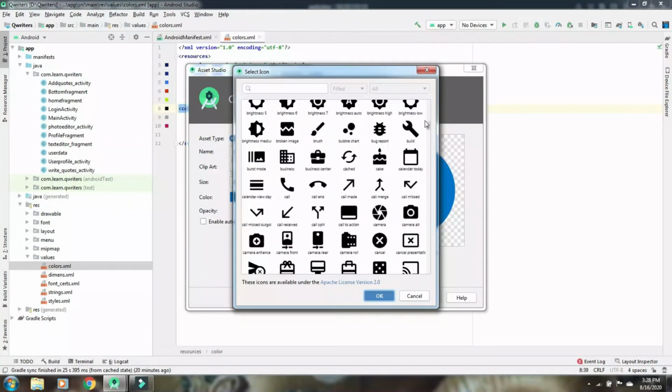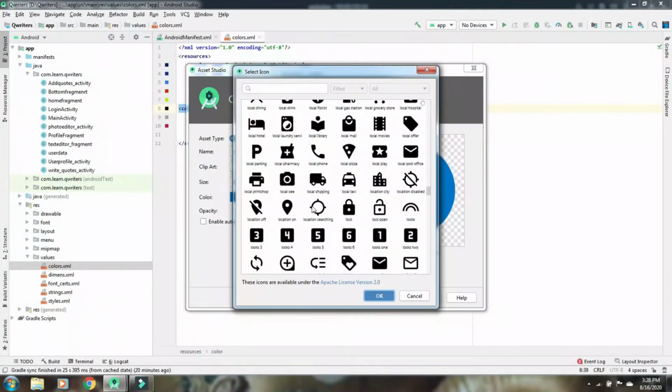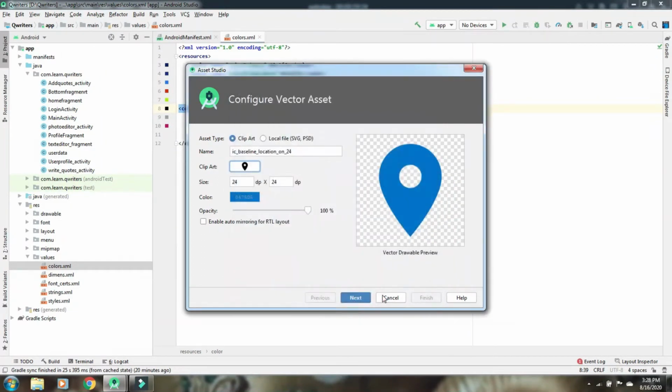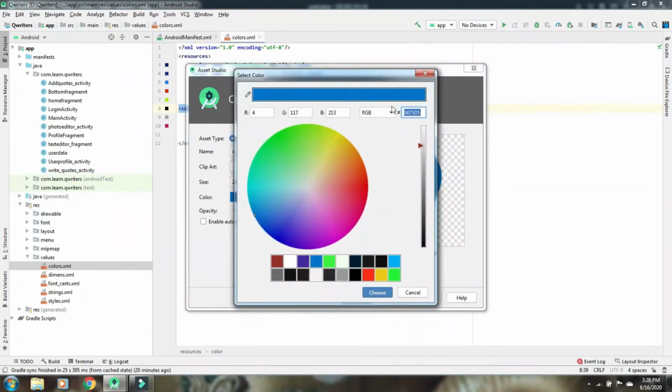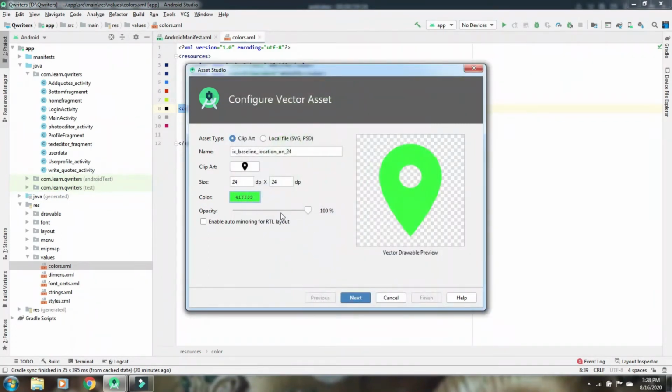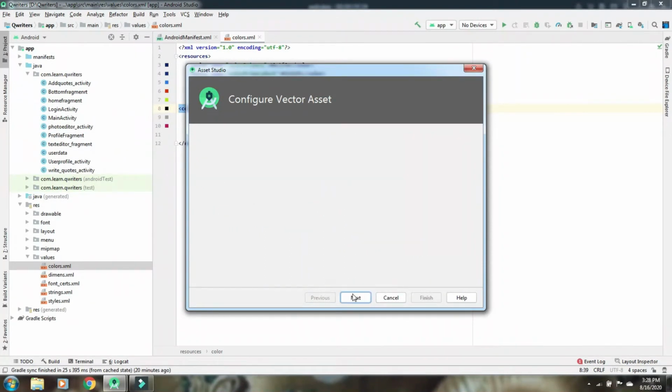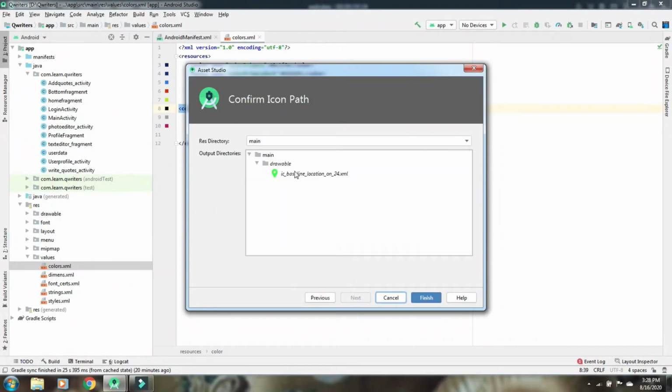Suppose I want a location icon, click on it and OK, and you can set the color here also. Just click on that. You can set your own color for that logo, or else adjust brightness and so on. Then click on Choose and Next, click on Next, and it will be saved in the drawable folder, and click on Finish.